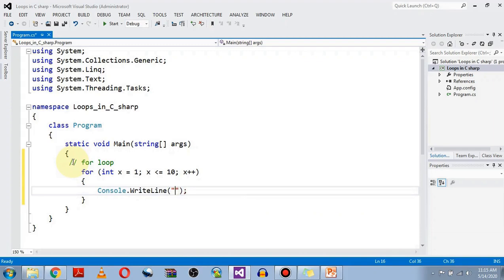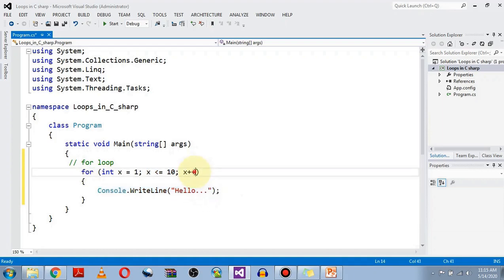Let's say we want to print hello 10 times. First the variable will be declared and initialized. Second, the condition will be checked. So for 1 less than or equal to 10, the condition is true, the body will be executed.